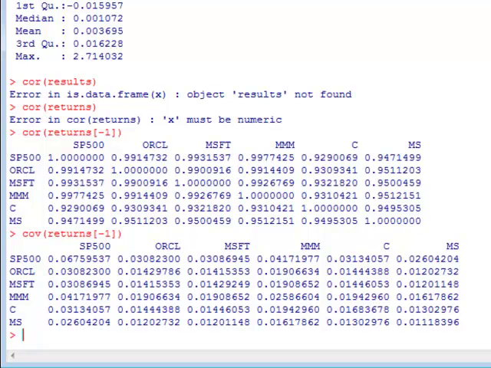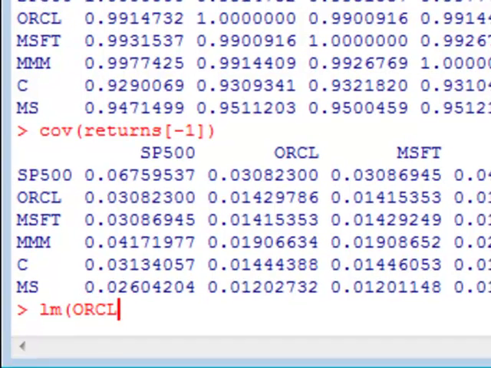I can also perform a principal component analysis, I can do linear regression, and the first thing we will do now is to perform a linear regression on this. Let's try to see if we can predict the price of Oracle using the prices of Microsoft, 3M, Citibank, and Morgan Stanley as an input. And that's a very easy thing for us to do. And the way we do that is by giving the command lm, that stands for linear model. And what we type here is Oracle as a function of, which is given by the sign tilde,